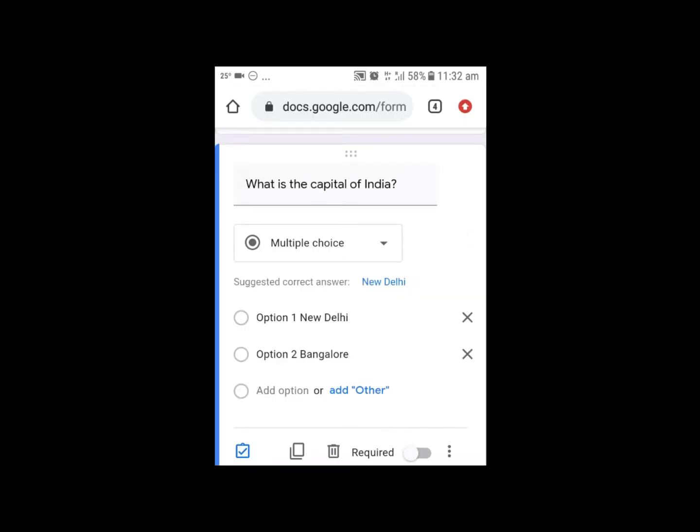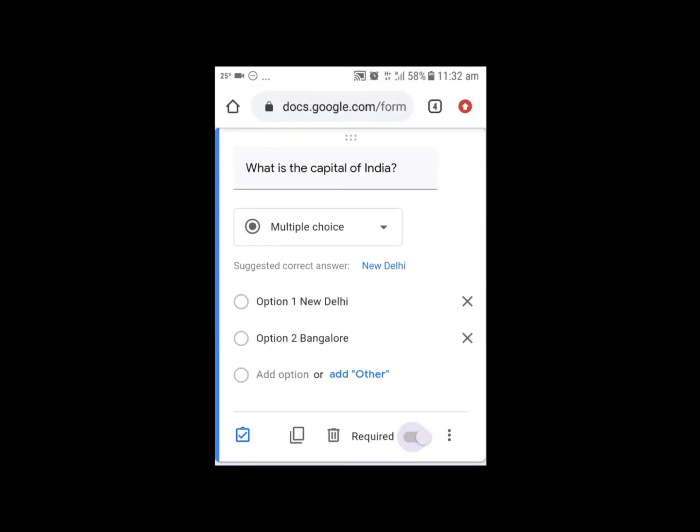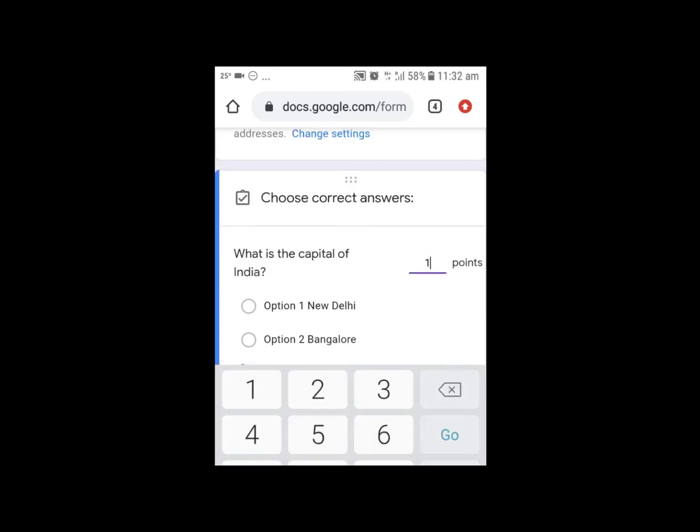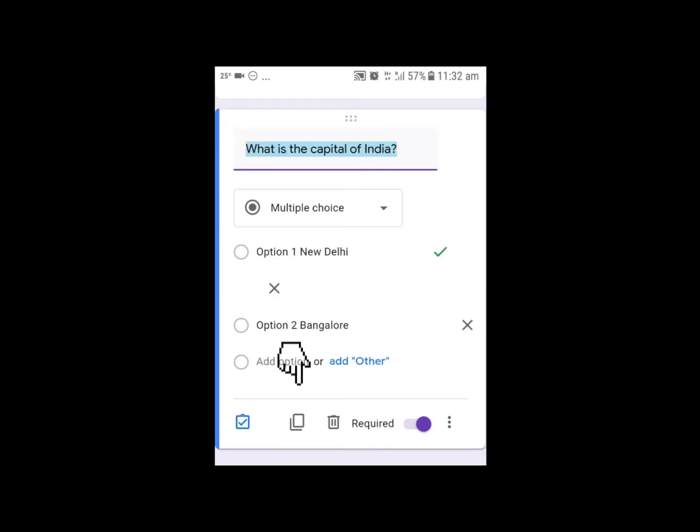Now once I complete giving option 2 also, let me select this question as required so that students can't skip this question. And after that, you have to give points or marks to this question and select the right option, and then click done. To create one more question, select the copy option at the bottom,